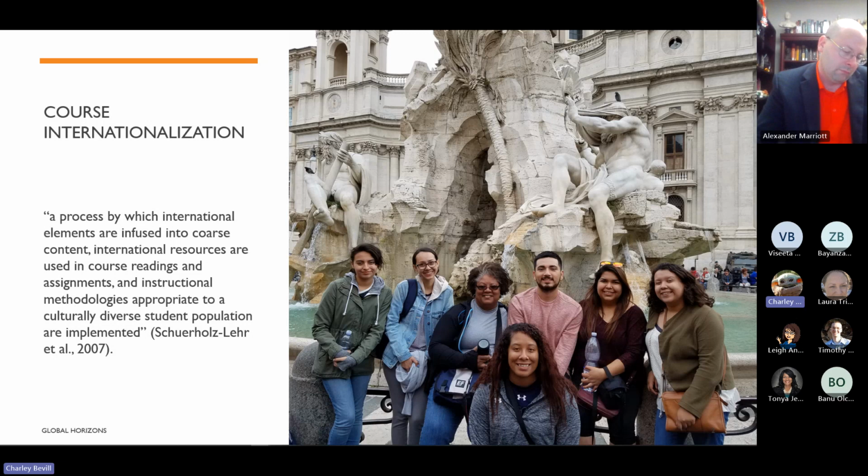But this image that you can see here is the first group of students that I took on a study abroad trip. We went to Italy and Greece. And as you can see, we had one gentleman that went with us, which was really interesting because he got to go. It was for his birthday. He got a birthday trip. So that was a lot of fun. They were a really cool group of students.